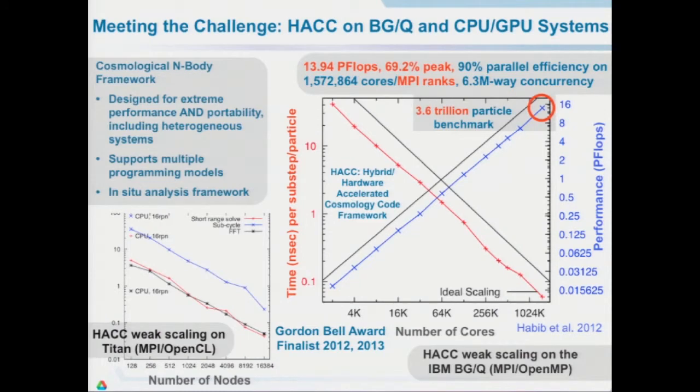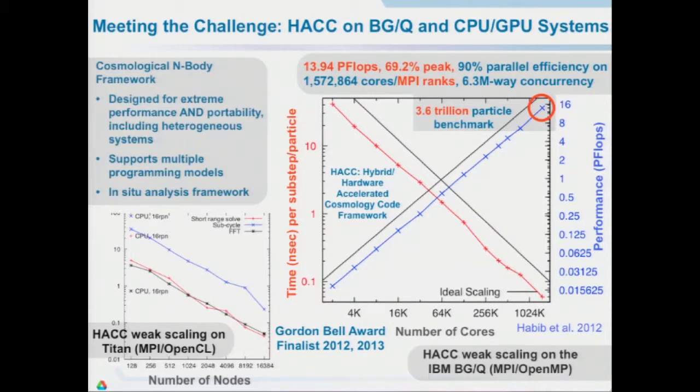And this is just to give you an example of how well it works. It basically runs at something like almost 70% of peak on the Blue Gene Qs. The actual force kernel runs at around 80% plus. And on Titan, the performance is actually better than on Mira, because, well, we can use the GPUs. And we have almost perfect weak scaling. So let's see. I want to finish up in the next few minutes. So I won't tell you too much more about the performance numbers, but they're really, really good.